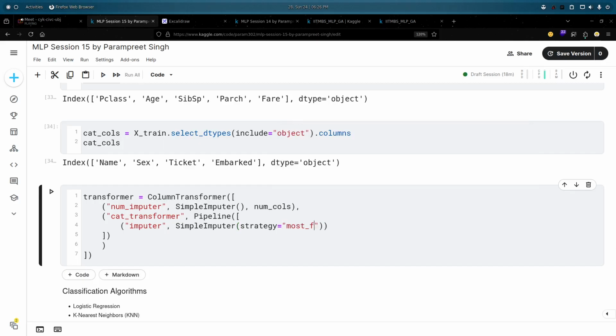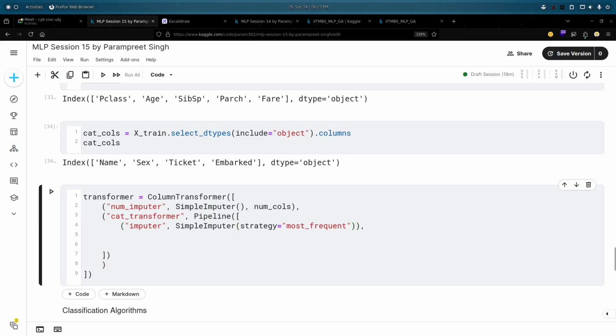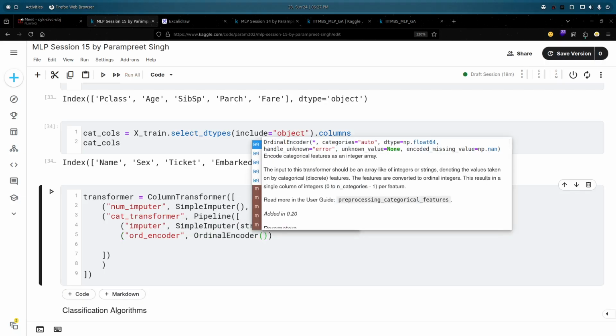Okay, so I'll set the strategy as most frequent because of the categorical columns. This is the first step, and then the second step is... I have to set it like this. Then the second step is mainly the transform, the ordinal encoder. I'll simply encode the values with the ordinal encoder, and here